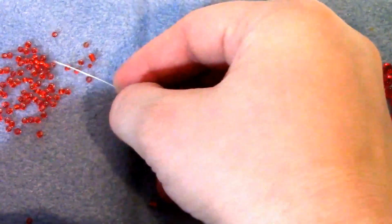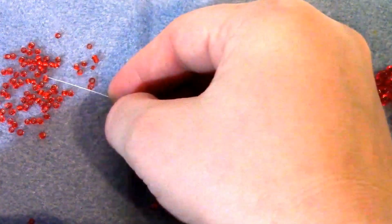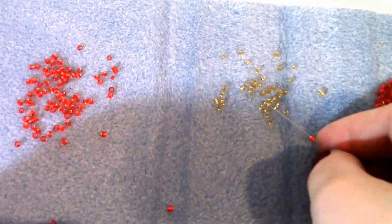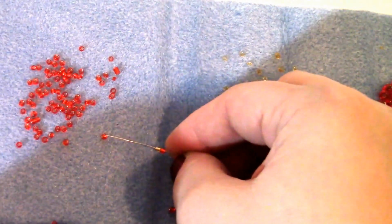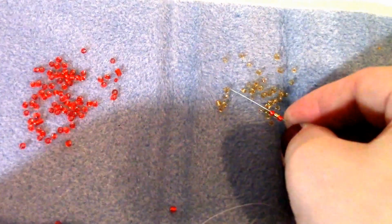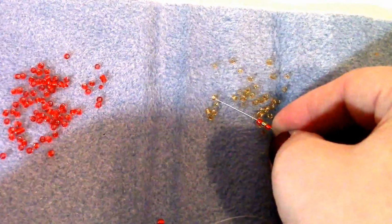So now I am passing my needle through the 3 rounds in the middle. I'm pulling that snug. Then I'm going to pick up, if you'll remember, this one is a little bit different from the other sets. I'm going to pick up a red, gold, and red, and gold,